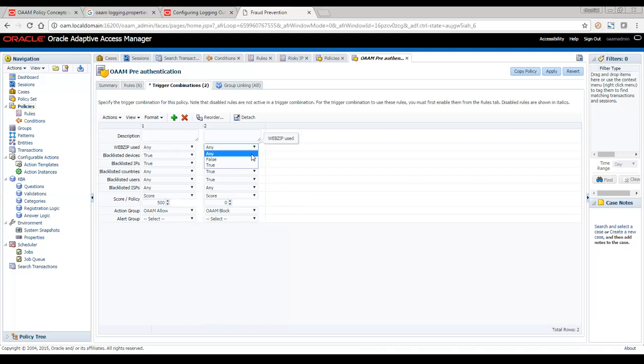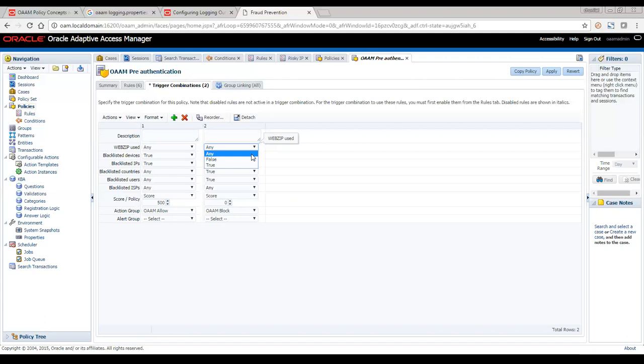So once all the rules have been executed, the trigger combination, if you have configured one, will come into the picture, and it will help you define your permutation and combination, that is, what you want to execute if your own set of combination holds true. So you can overrule the result returned by that rule. This will become the result of this policy in Checkpoint.